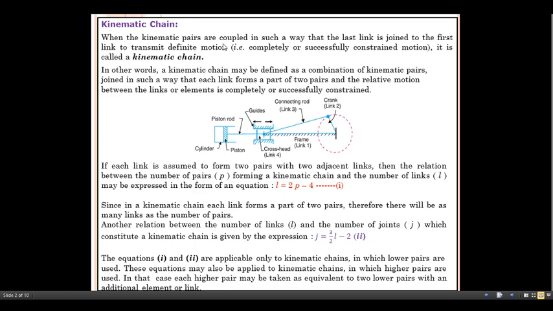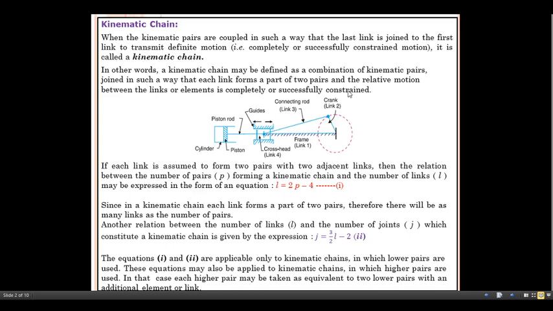When the kinematic pairs are coupled in such a way that the last link is joined to the first link to transmit definite motion, that is, completely or successfully constrained motion, it is called a kinematic chain. In other words, a kinematic chain may be defined as a combination of kinematic pairs joined in such a way that each link forms a part of two pairs and the relative motion between the links or elements is completely